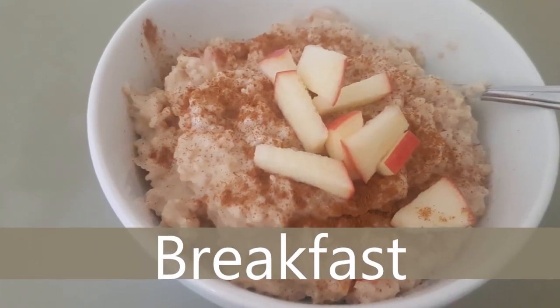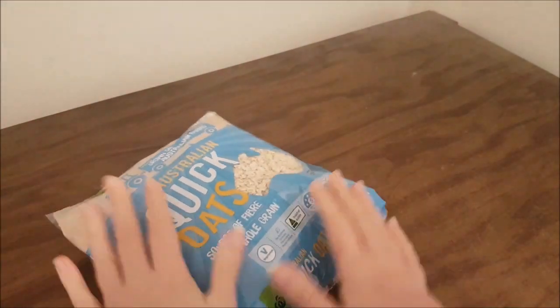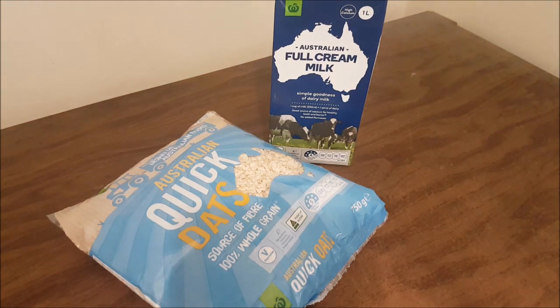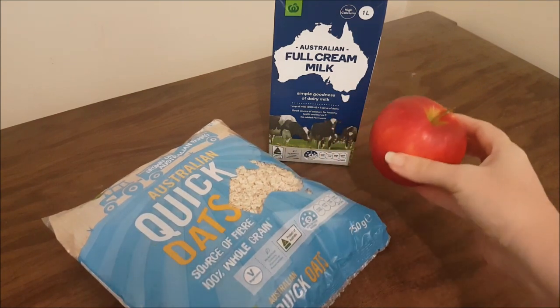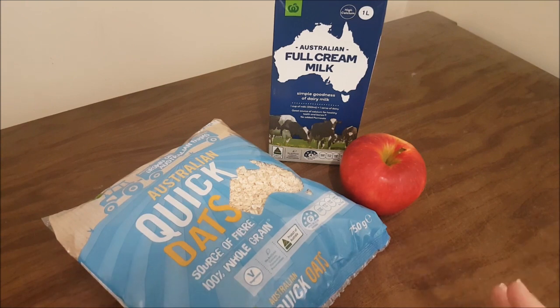All right, for breakfast, we are going to make some oats. We need to pick up some quick oats, some milk, and I was able to pick up 1 apple within our $15 budget. So if you already have quick oats on hand, or you've got some milk on hand,